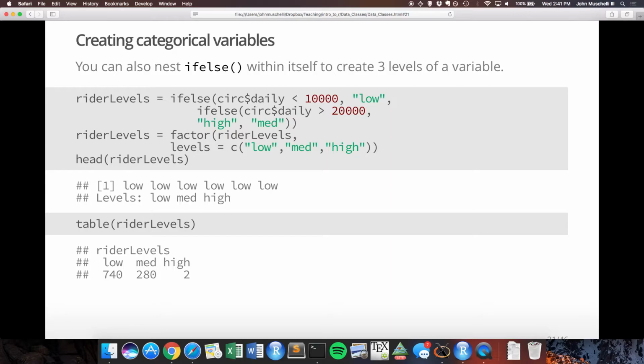We're going to talk about maybe a more intuitive way in a second called cut, how to cut things based on certain breakpoints. But this is important because sometimes you're not cutting things at breakpoints. Sometimes you do want a series of if statements or something like that. You could have broken this up into two separate conditions. You could say if circ daily is less than 10,000 low, and then you could have called it high, and on the next line you could have used this if else statement again. Okay? And what I mean by that,